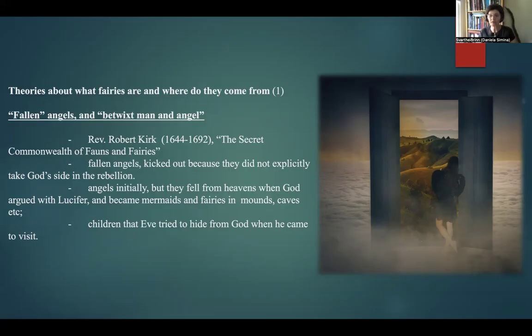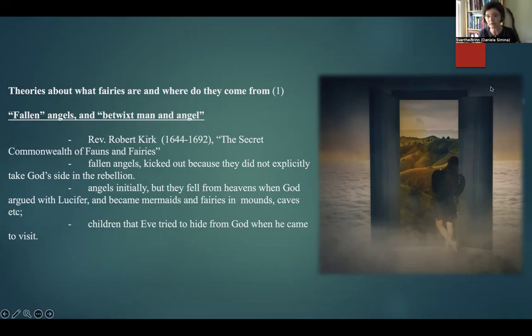So they were cast down to the earth. God wins the argument. So the angels, or the beings, who sided with him become these white, bright angels and they stay in heaven. The beings who sided with Lucifer are all cast down into hell. So that's Lucifer's angels, accompanying angels or demons; they become demons. And those who are in between are just thrown out through the door.